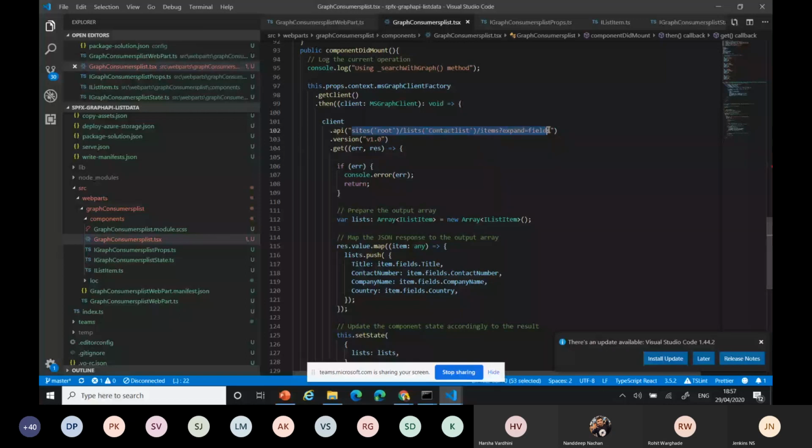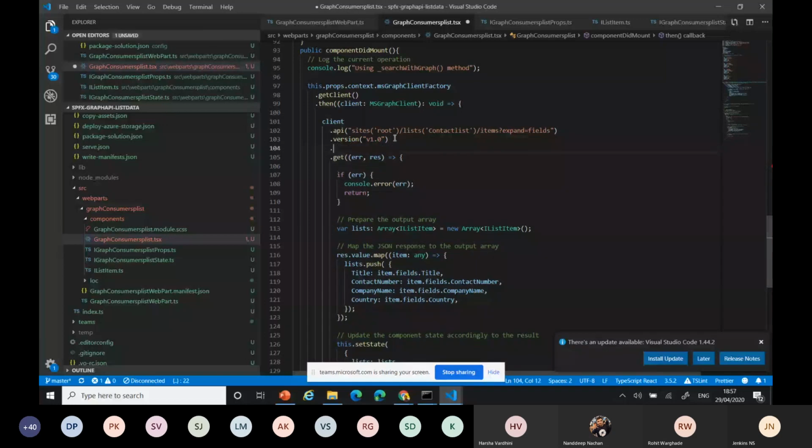Okay, and the version, get the object and get the result, and you can add select fields if you want to bring only 4 fields, and we can filter. I want to add some filter object. I believe you know that with REST APIs we can add all these steps. You can select, filter, and get the value response from here.